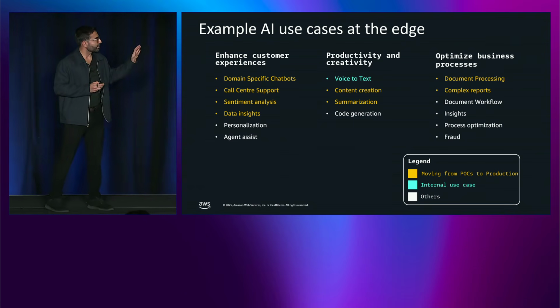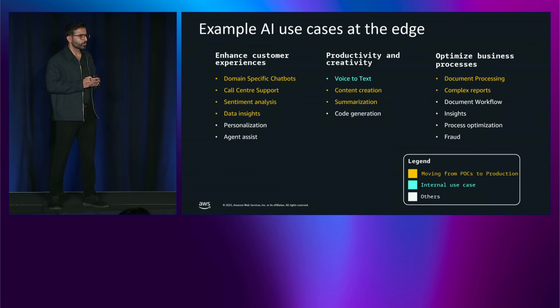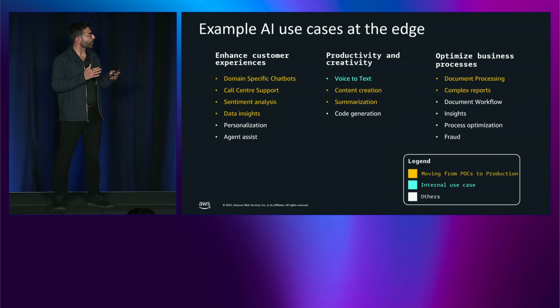And then the second category is around driving productivity and creativity. This is where a great example is what we are doing internally in Amazon as well, where after every call, after every meeting, we would transcribe voice to text and summarize the key decisions, key action items, and the next steps we discussed in a specific meeting. Another great example of a use case is content creation, where we are seeing strong uptake, where customers are looking to use generative AI for the first draft of their marketing collaterals, their sales assets, and even other text-based assets as well.